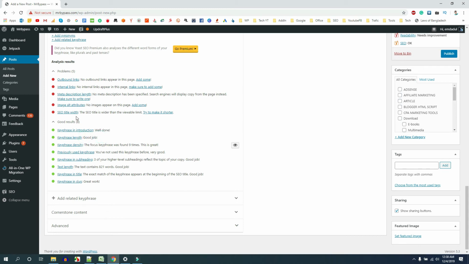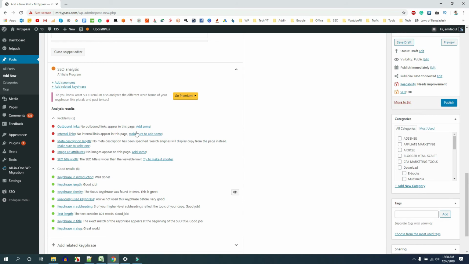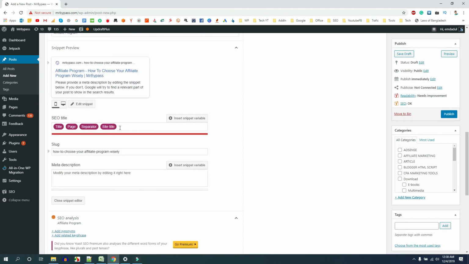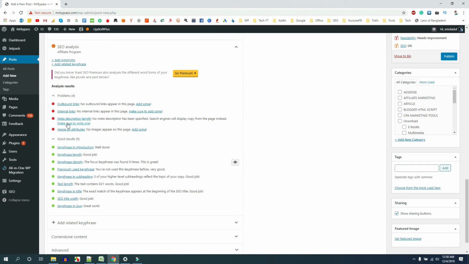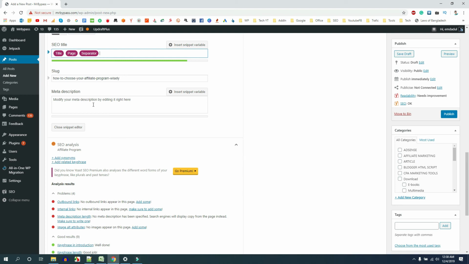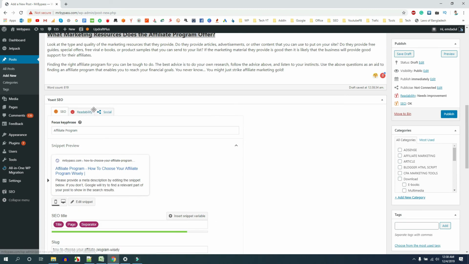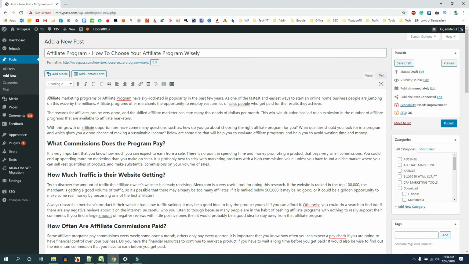Now SEO title width: this title is wider than the viewable limit, that is, you have to narrow down this SEO title. Just click here and backspace, and this is green. Okay, now see the meta description length. I am not using any meta description yet. I am going to copy the first line of this paragraph